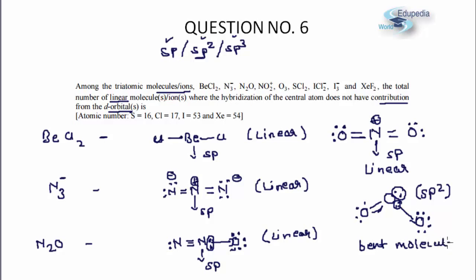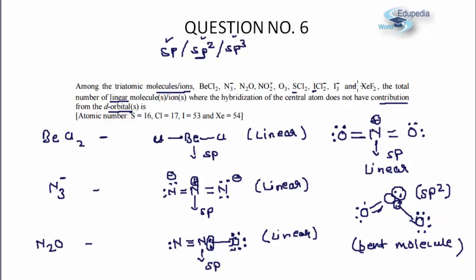Okay, so obviously this is not going to meet my criteria. Let us look at the other molecules. Now in all the other cases, for your information, I am going to draw all the structures, but if I just happen to look at them, in all the other cases the central atom, see this sulfur will be the central atom in this case, this iodine will be the central atom, iodine again will be the central atom, and xenon. All the elements are of third period or beyond, okay, and they have sufficient amount of lone pairs.